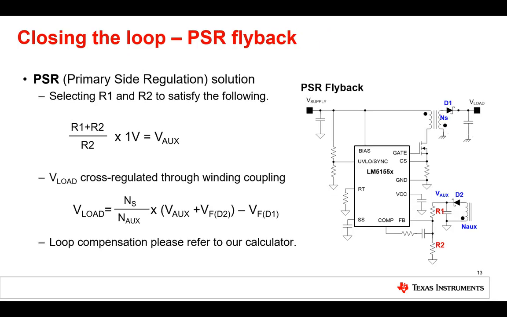As this design was done with an auxiliary winding, it could be used for a primary side regulated flyback. At the end, this is a non-isolated flyback with a second isolated winding. The output or load voltage can be calculated based on the winding ratio. This means that the output voltage shows some inaccuracy based on the winding ratios.